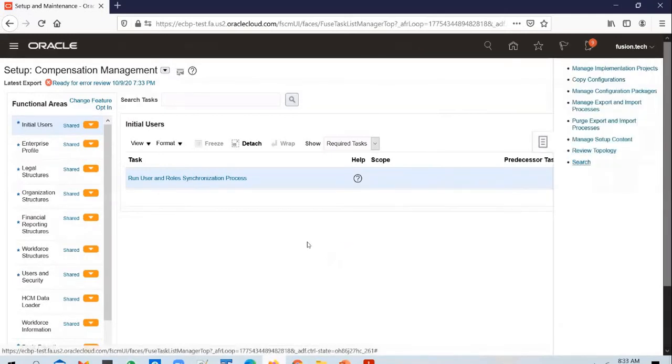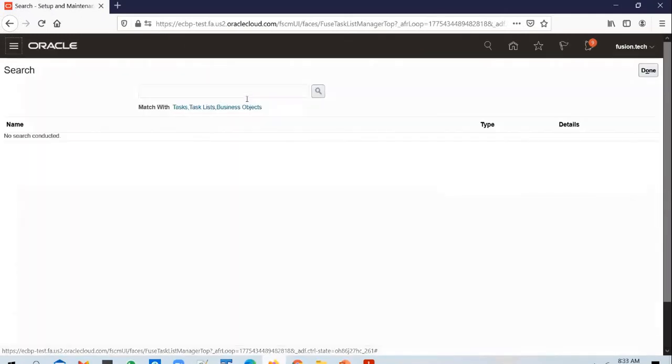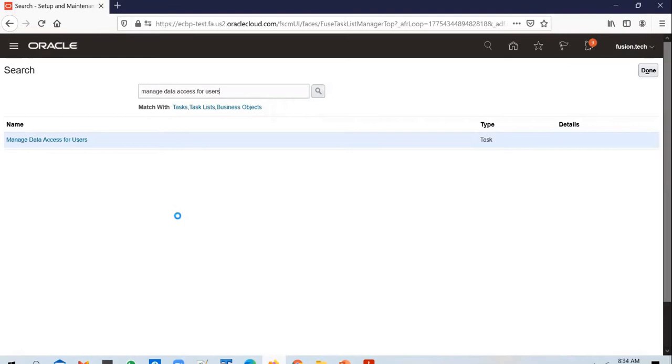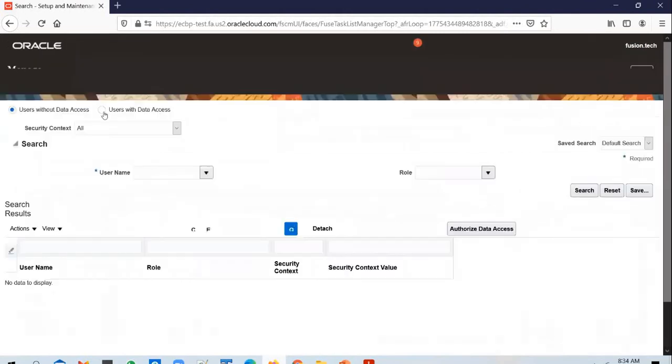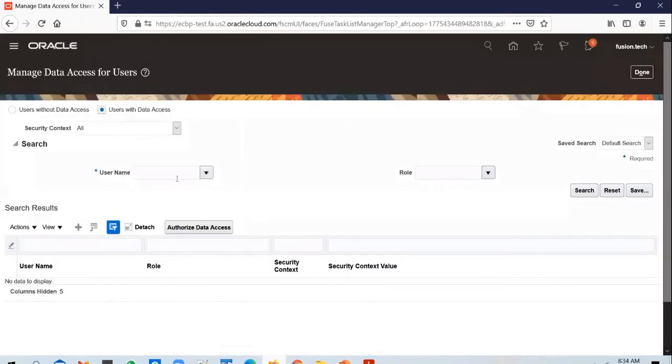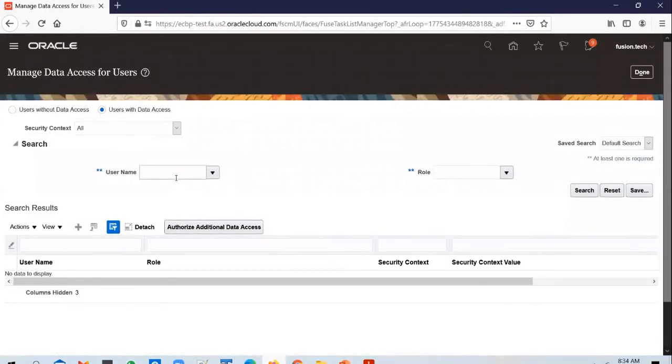You go into a global search and search for manage data access for users, and you search for the specific user with the username. And you can also search for this accounts receivable manager role.